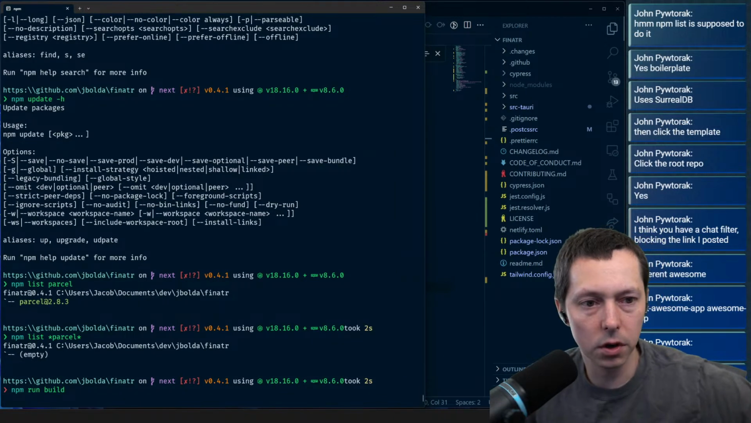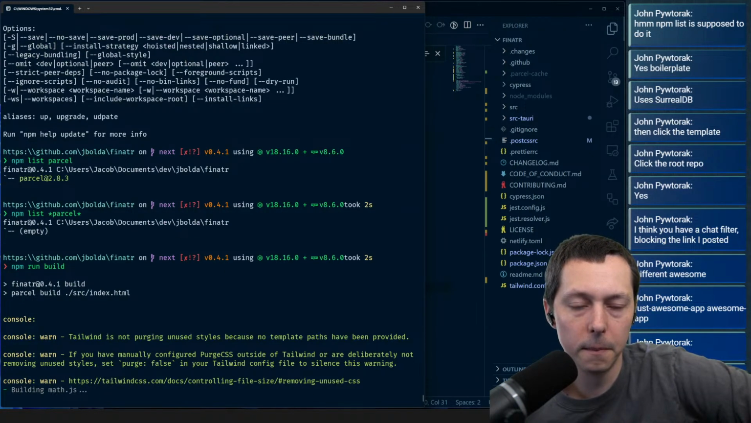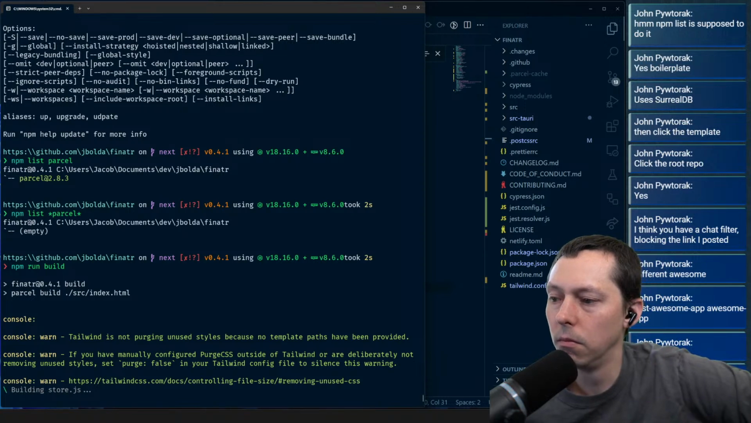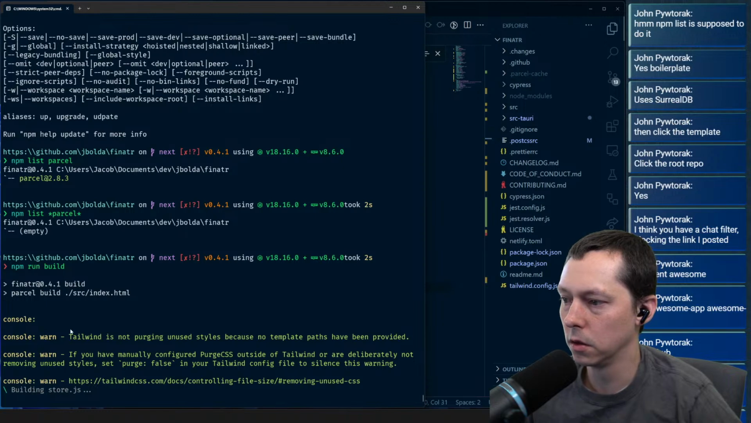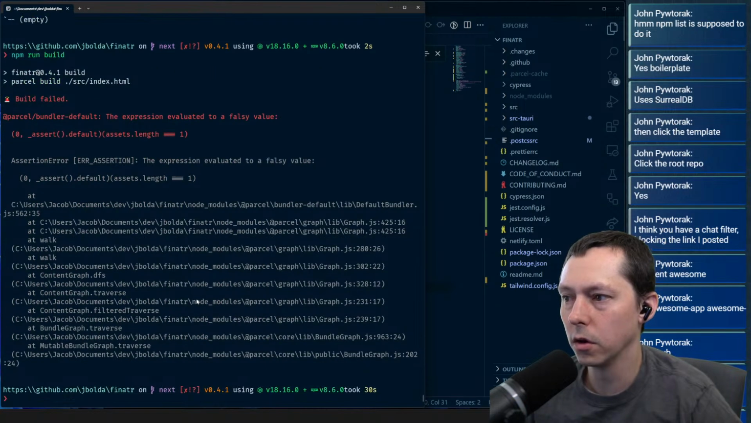npm list is supposed to do it? Okay. I thought there was something that could do it. Maybe it's a starts-with if I do add parcel? Oh, here. Yeah, tailwind is not purging. I mean, that's fine. I don't really care if it's purging or not right now. Ugh, this is just,